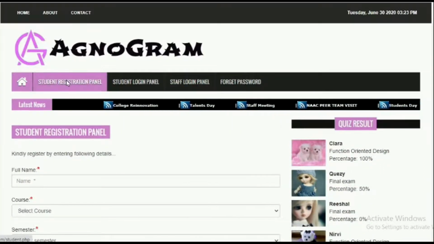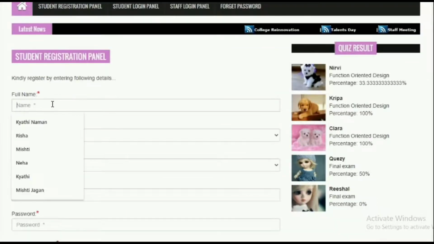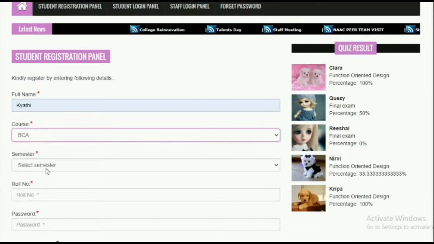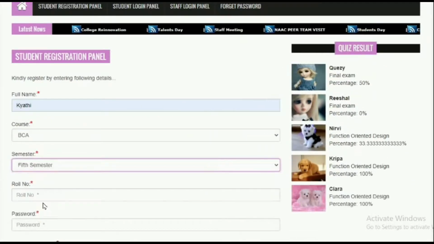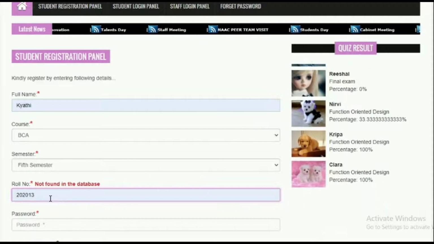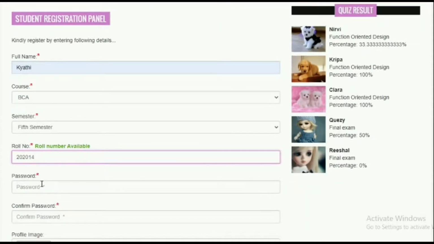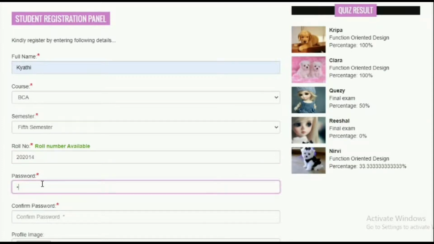Now let us see the student registration panel. Student can register by adding student name, course, semester, roll number. Here only the students who have been added by the admin can register.